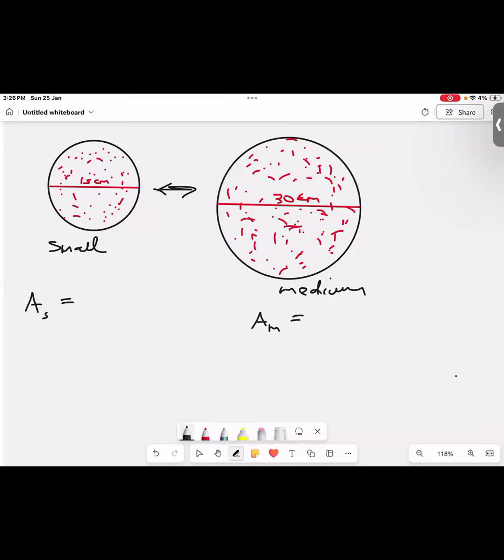Now, regardless of the size of the pizza, ladies and gentlemen, the pizza is a circle. Whether the circle is big like the earth, or small like one little hole, the formula remains the same. So the area of the small, according to the area of a circle, is pi r squared. And the area of the large is also going to be pi r squared, because what makes the difference in the area is not the formula, it's the diameter.